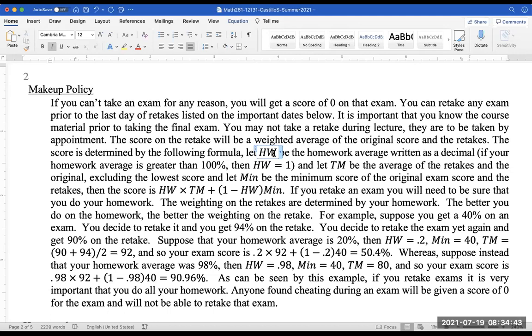And so HW is your homework average as determined at the end of the semester. Now, since you are able to actually get more than 100% on the homework, because you might do both the homework from the book and from online, then if you have a homework average greater than 100%, then HW is just equal to 1. Next,